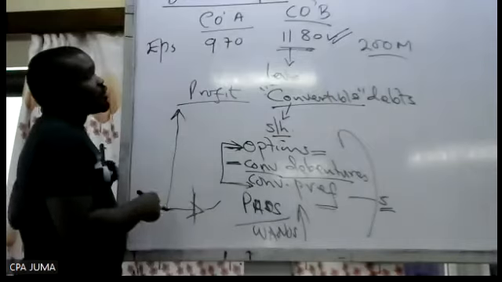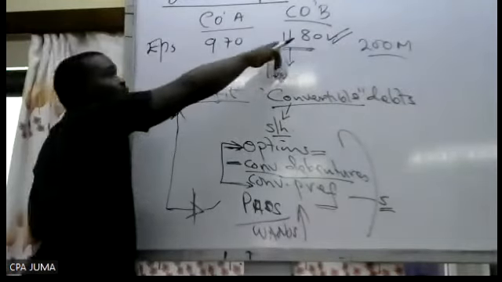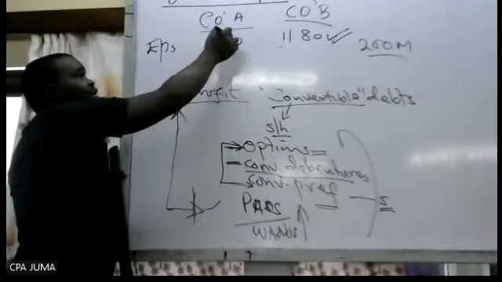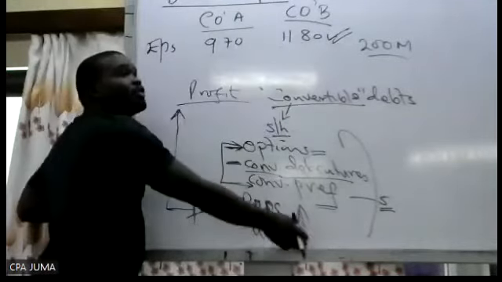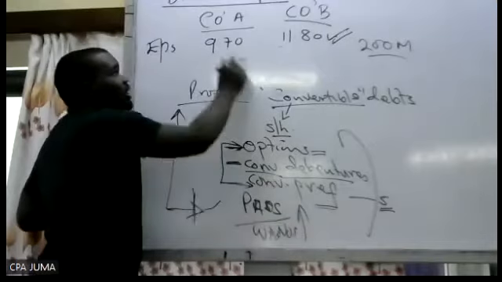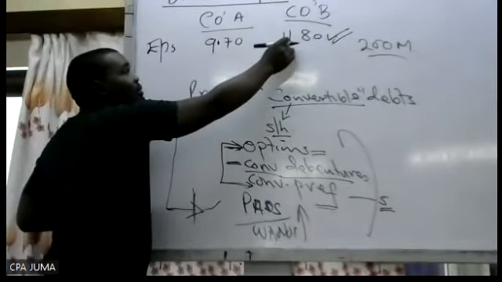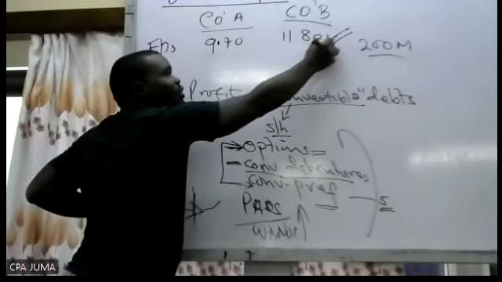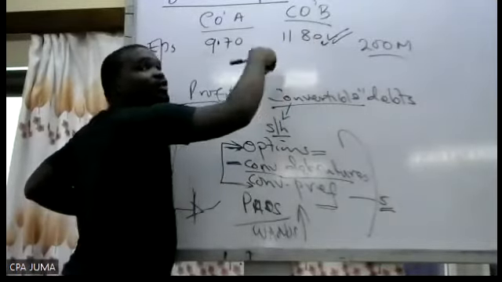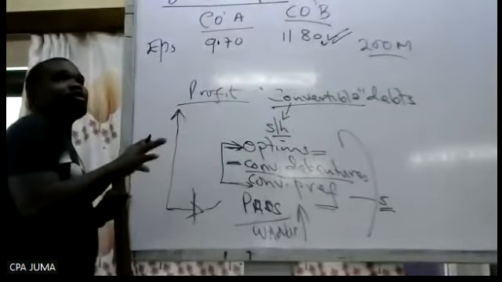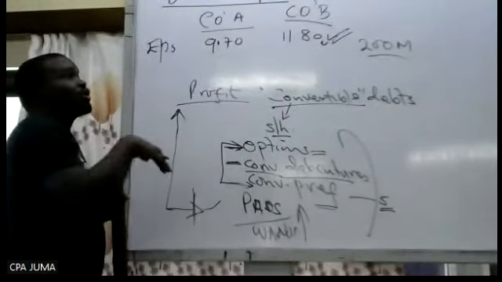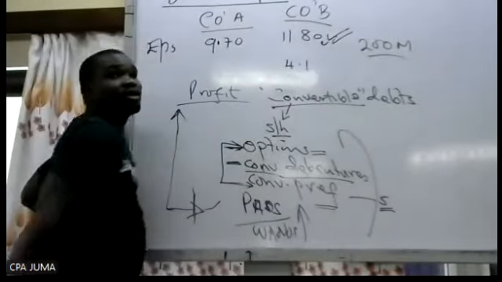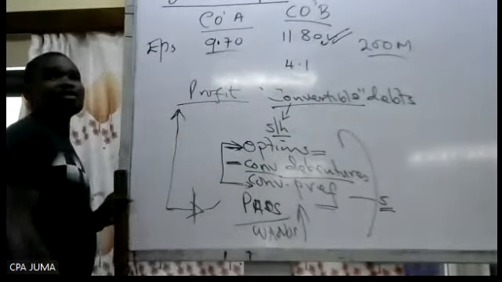It drops. So in this case, you tell the broker, between these two companies, is there any who have given out convertible securities? Then he checks and tells you yes, B has, A has not. So tell the broker, can you compute for me on the assumption that those people have converted, at the current situation? You will find that when they convert, this one can even reduce to 4.1. So you better invest in this one here.